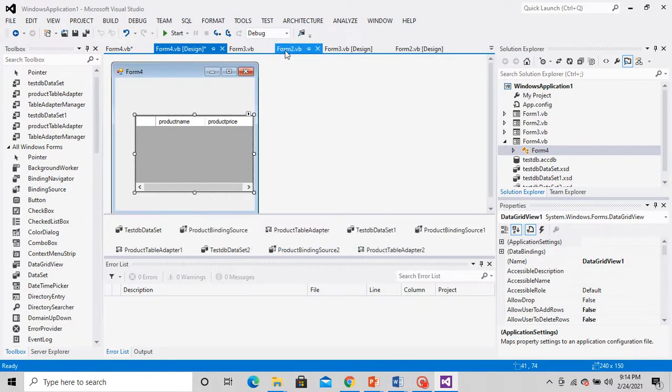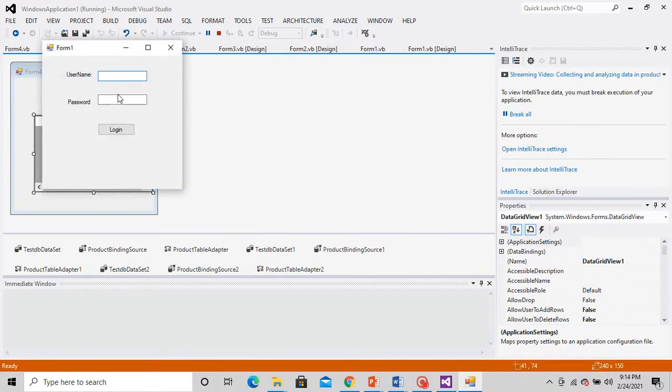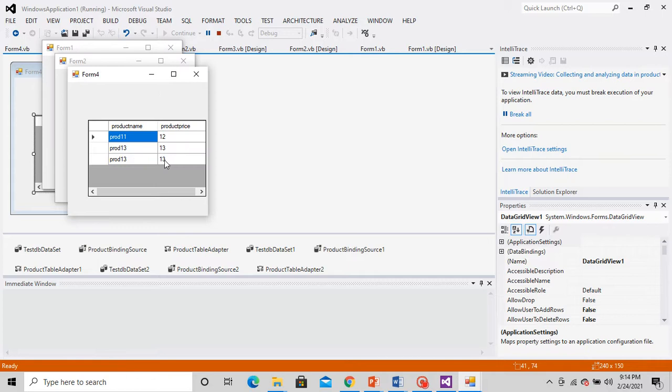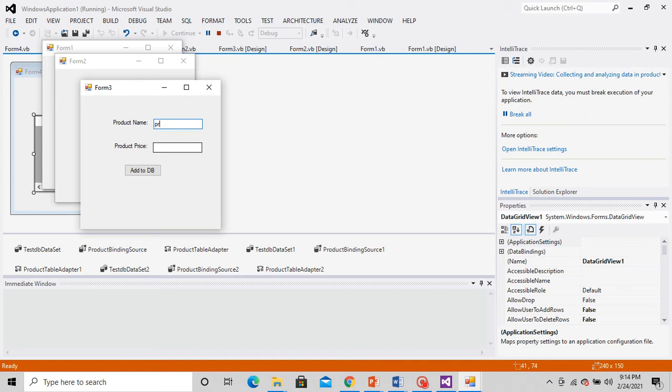Now we will check once. I'll just run it and see. Go to start, type admin, admin. Go to login, go to display. Now you see the products are getting displayed here. Now let me insert and check whether it is taking or not.